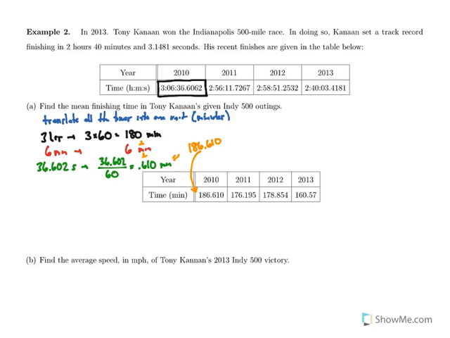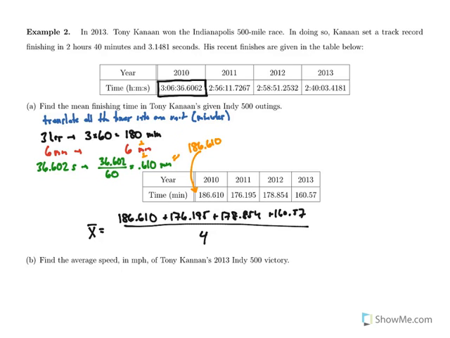And we could do that with all 4 of our times and translate them all to just minutes. And once we do that, now we can actually add these together in a meaningful way and get an average. So our average, we'll call it again X bar, is going to be 186.610 plus 176.195 plus 178.854 plus 160.57 divided by how many times we have, which is 4,